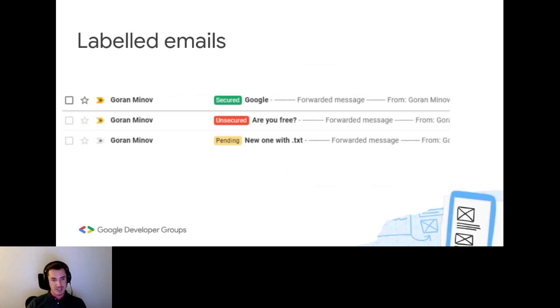As you can see, pending, the yellow one, is actually quite clear. And over there it says, "Are you free?" So there is something over here with an urgency, where something tries to happen to get that to me. This one is with an attachment. This one is most likely not.